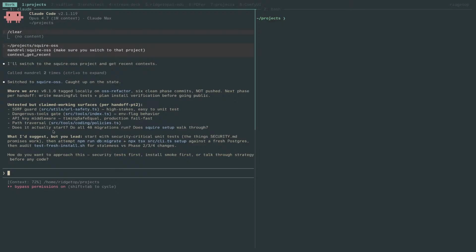It knows what was done, not pushed, and the next phase per handoff: write meaningful tests and plan install verification before going public. It's going to say untested but claimed working services. I'd suggest, but your leads start with security critical unit tests, any security.md promises work. I'm going to say I agree with